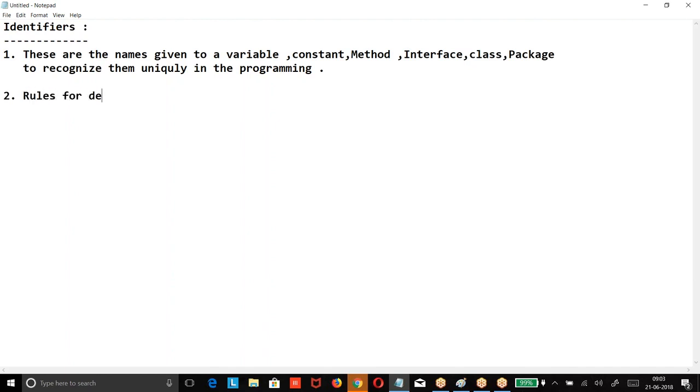Rules for defining. When you want to give a name to your son or a daughter, will you give Ravi underscore 1234 2014? No, right?